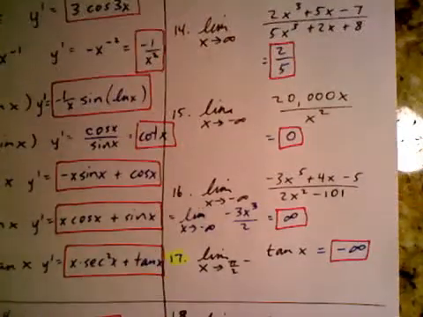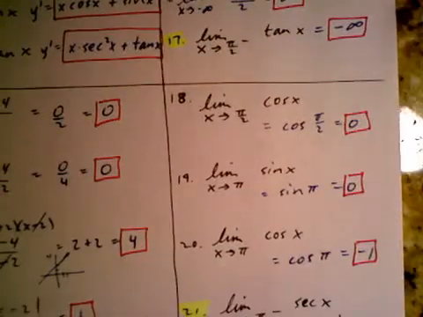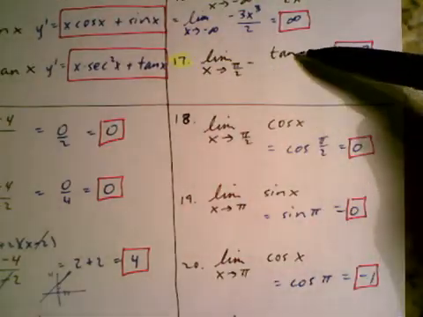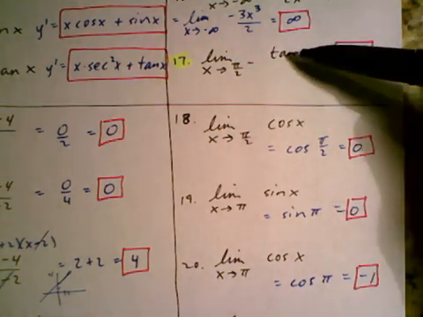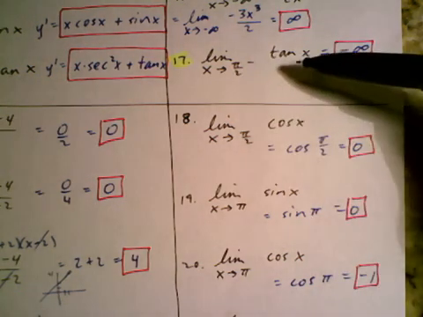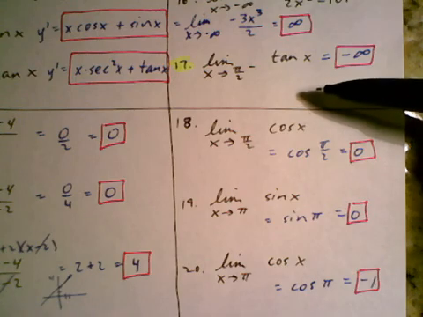So anyway, on down to number 17. And number 17 I highlighted because this is typically a pretty tough limit for many students if they don't remember what the tangent function looks like as far as the graph goes. So if you graph it, it's really easy. You look at pi over 2, there's an asymptote there. When you approach pi over 2 from the left,